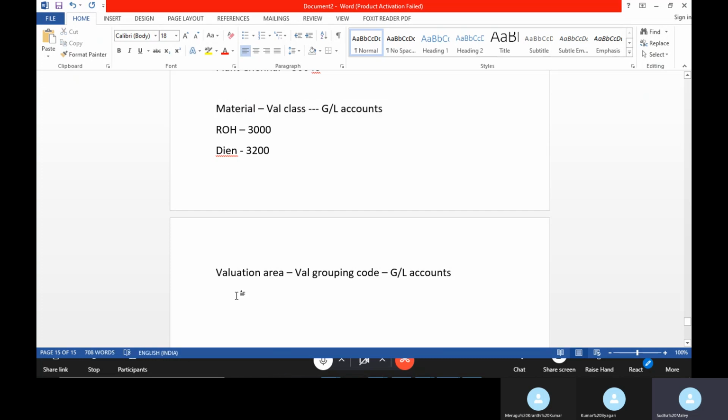But how about the movement type? For example, I am doing a goods receipt. For a goods receipt, the GL accounts will trigger differently. For a goods issue, the GL accounts will trigger differently. So according to the movement type, the GL accounts will change. The GL accounts have a link with your movement type also.